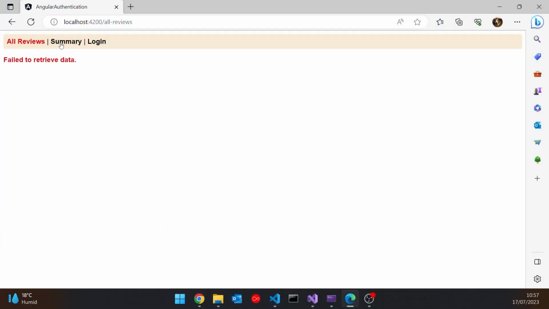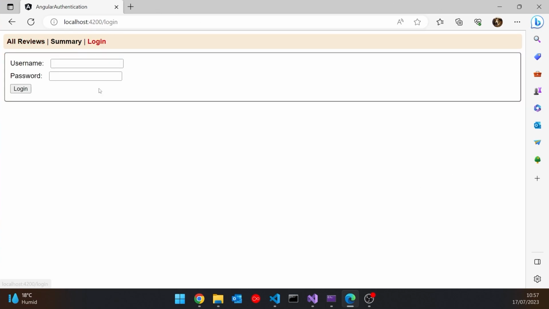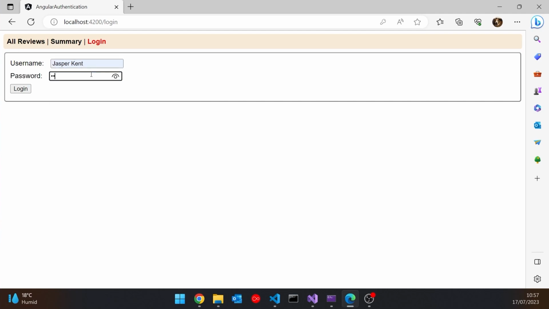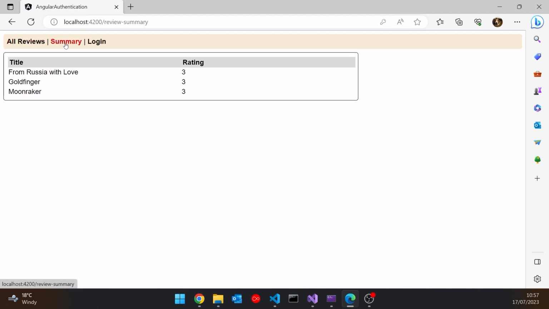So there you can see it's not working in terms of retrieving the data, but if I go to the login and enter my credentials, so remember that was Jasper Kent and then PA$W0RD, and I click on the login, you see we get the "you're logged in until," took a slight moment, and then gave us back 3 hours from now because we'd given the JWT a 3-hour limit when we set that up in the ASP.NET web service that we looked at in earlier videos. And once we've done that, it's now going to send that token with every subsequent call, and so you can now see that that's working okay.